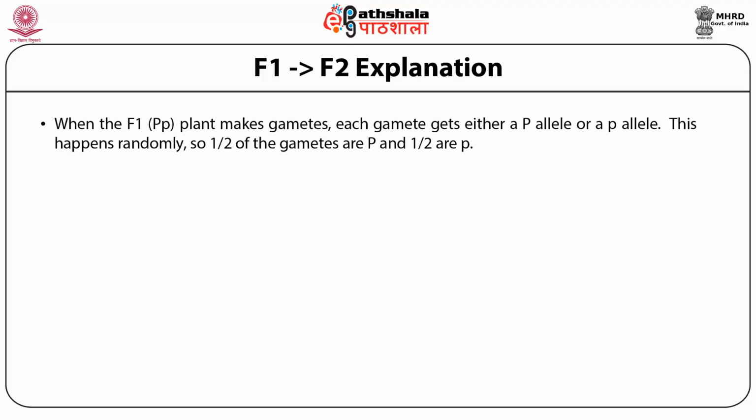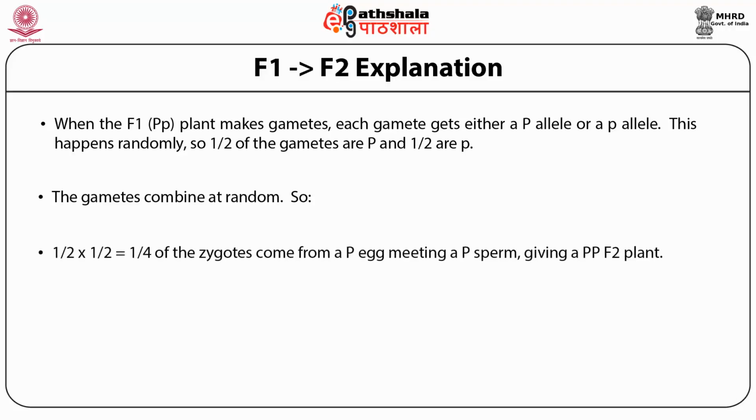When the F1 heterozygote with capital P and small p plant makes gametes, each gamete gets either a capital P allele or a small p allele. This happens randomly, so 1/2 of the gametes are capital P and 1/2, or half, are small p. The gametes combine at random, so 1/2 multiplied by 1/2 is equal to 1/4 of the zygotes